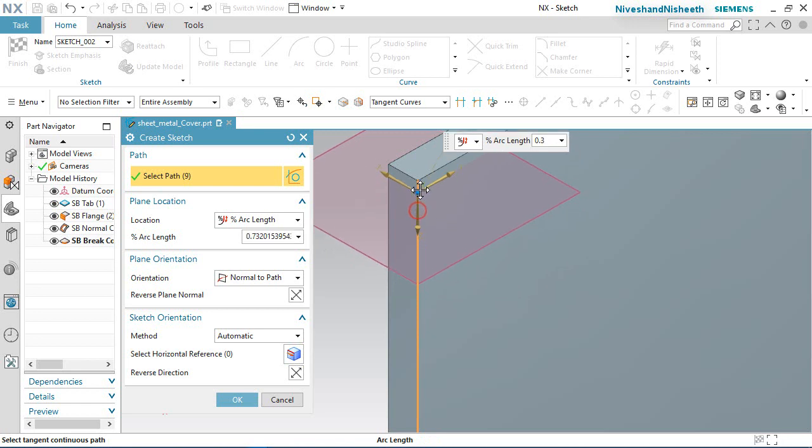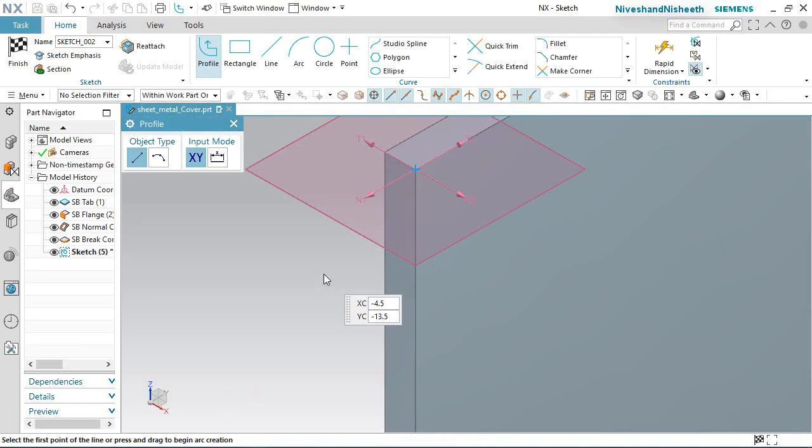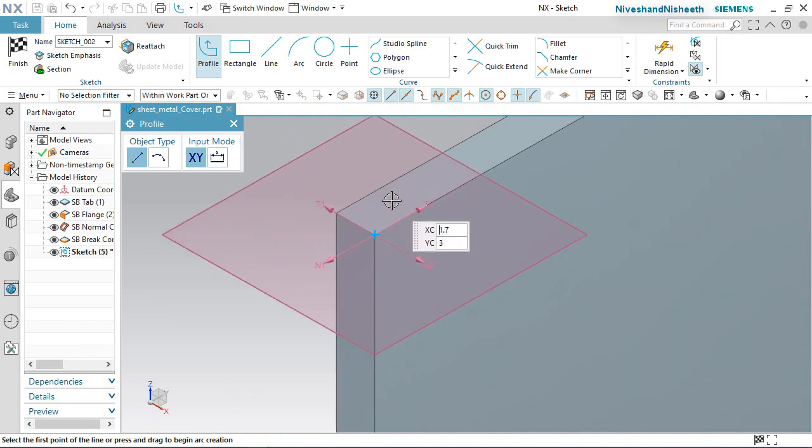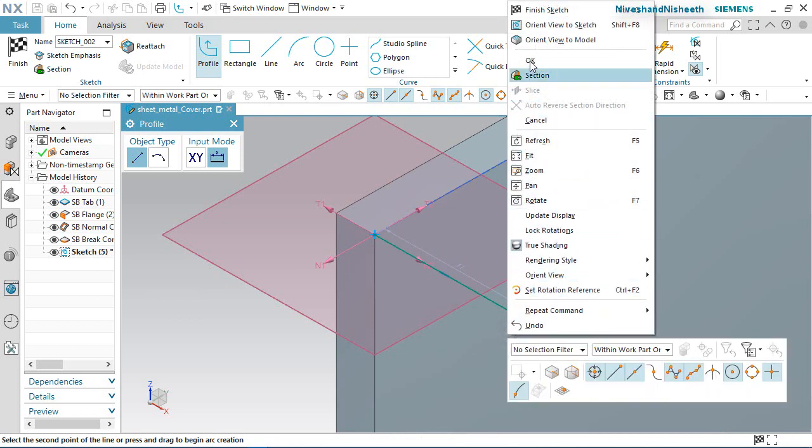Move the cursor on this endpoint so that my sketch starts here. Now start the line from here. Create the sketch like this.